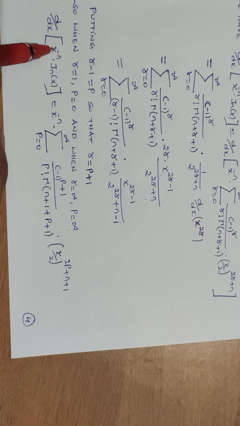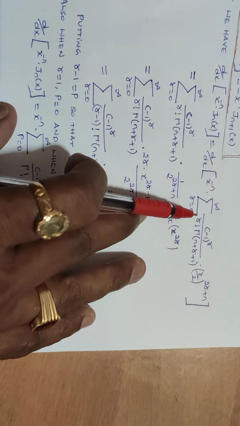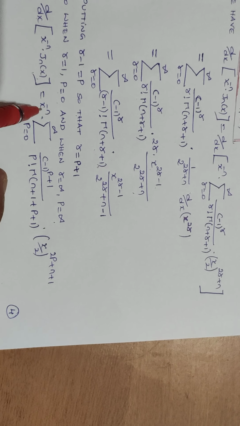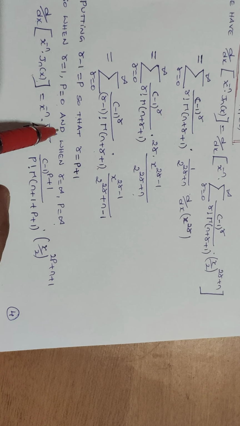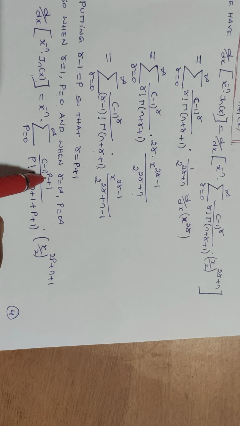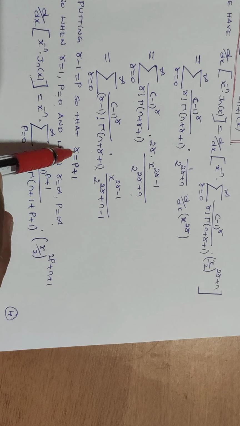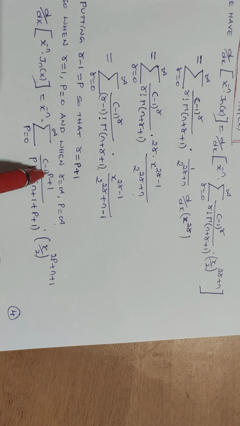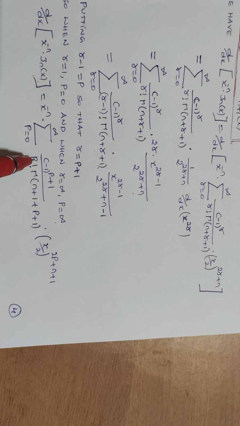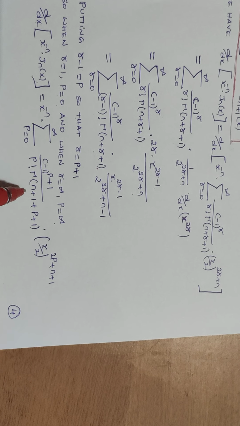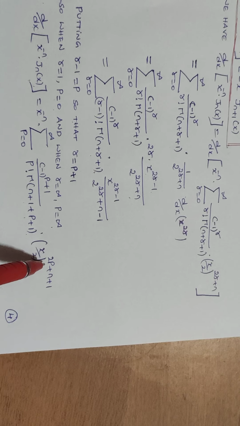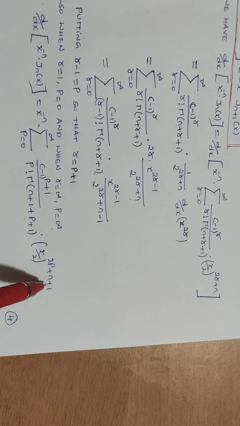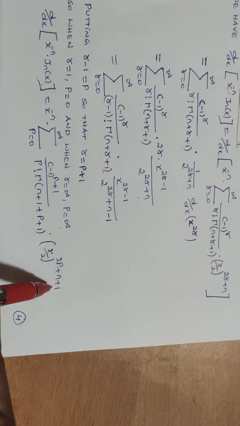Therefore d by dx of x to the power minus n into Jn of x is equal to x to the power minus n into summation of p equals 0 to infinity, minus 1 to the power, we consider the value of r as p plus 1. Therefore minus 1 to the power p plus 1 divided by p factorial into gamma of n plus 1 plus p plus 1, into x by 2 to the power 2p plus n plus 1,